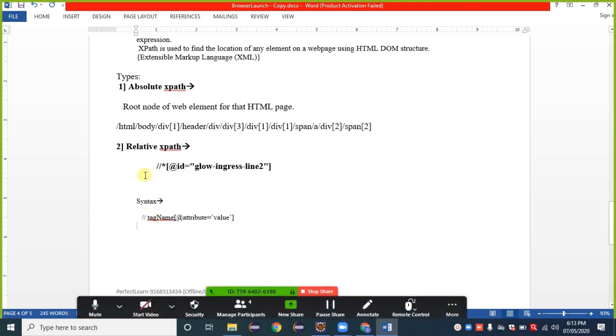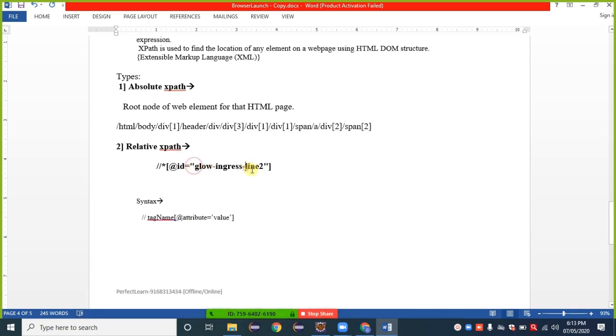Observe that this XPath we have taken from the browser. There is a major difference available here. A double quote is given here. So during programming we need to remove that double quote, and instead of that we need to provide a single quote, because it's a ready-made XPath given by the browser. Keep in mind, we are not depending on the browser for the XPath. Here we are generating our XPath as per our requirement. We can take any attribute and get its value here.